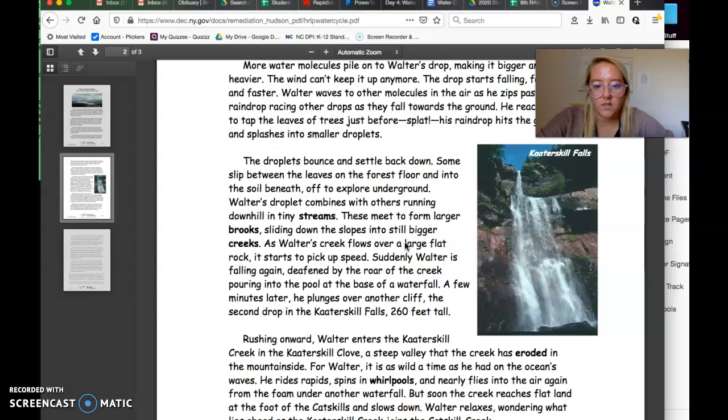Walter's droplet combines with others running down a hill into tiny streams. They meet to form larger brooks, sliding down the slopes into still bigger creeks. As Walter's creek flows over a large flat rock, it starts to pick up speed. Suddenly, Walter is falling again, deafened by the roar of the creek pouring into the pool at the base of the waterfall. A few minutes later, he plunges over another cliff to the second drop, and the Catterskill Falls, 260